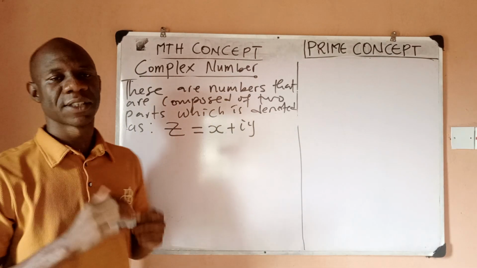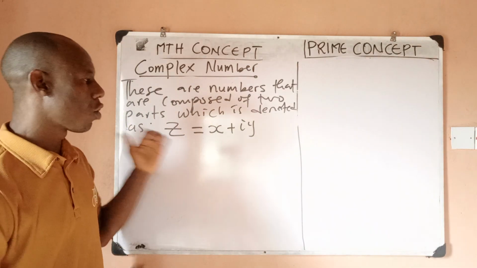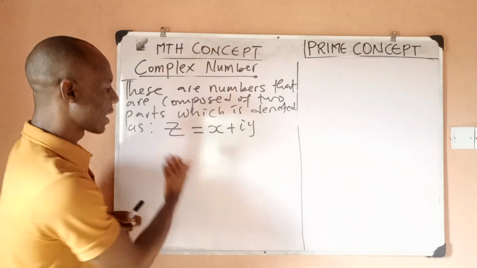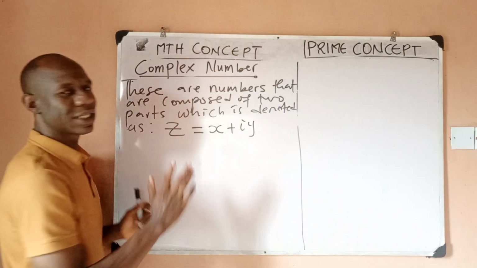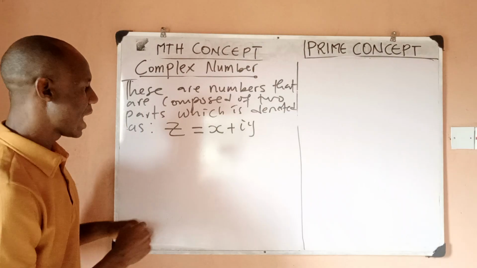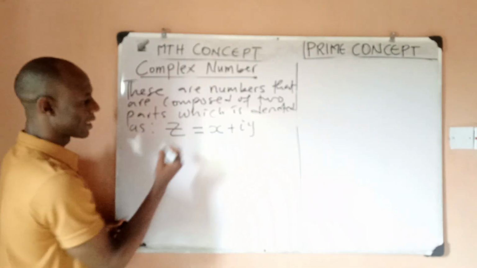So a complex number is a number that is composed of two parts. You can clearly see that this is one part of this number and this is another part of this number. Where I want to point out that